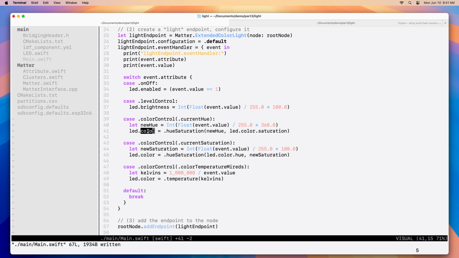I'm also using enums to represent the color property, which can either be hue plus saturation or a temperature. These cases even have different payload types. The first one has 2 integers as the payload, and the other one just needs 1 integer. This altogether makes Swift enums really powerful and expressive, and they allow us to write this simple, concise, readable logic.